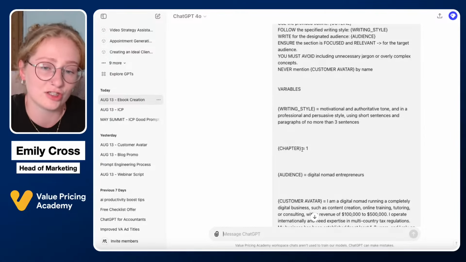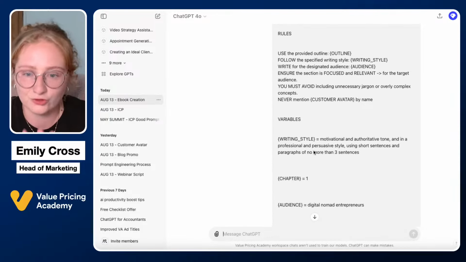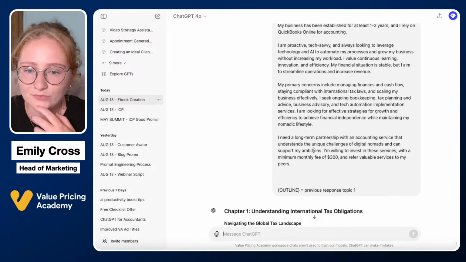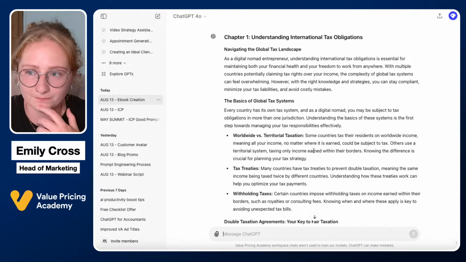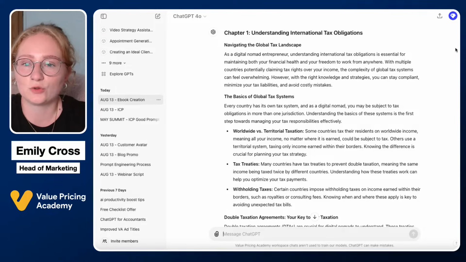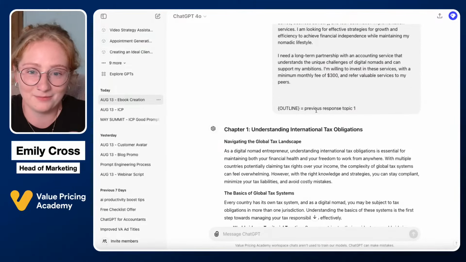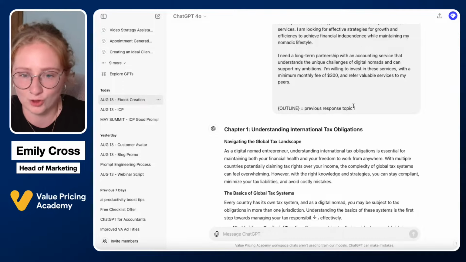So we would change this to chapter 2, and we would add whatever else we needed to add in there. Okay, so let's see what it's made for us. So chapter 1, understanding international tax obligations. First of all, it has found my outline, because my outline in the previous response to topic 1,